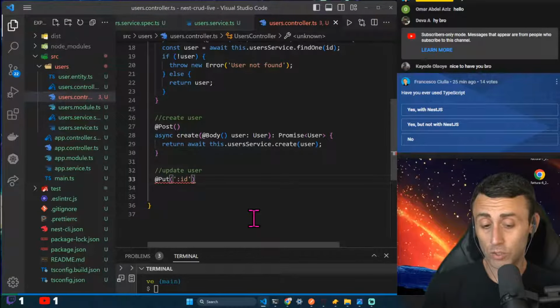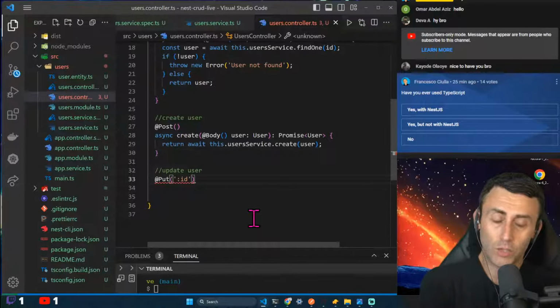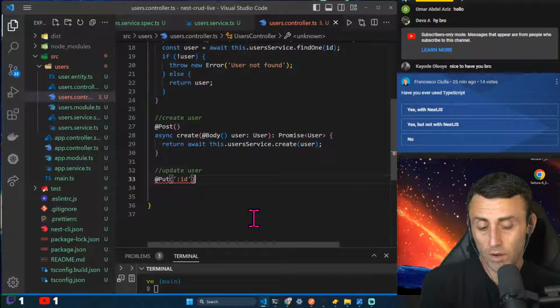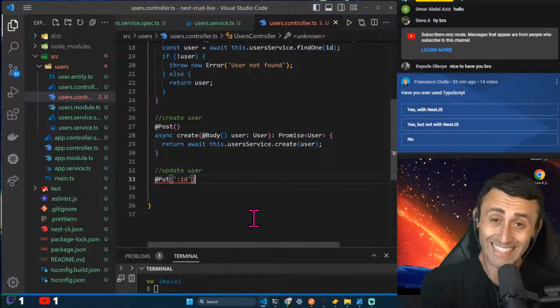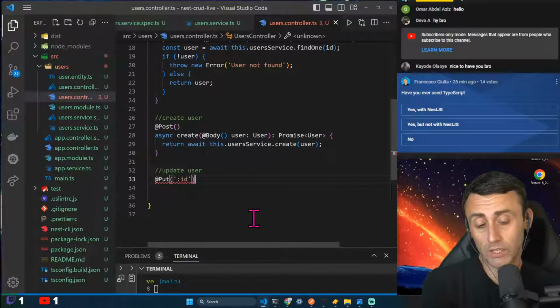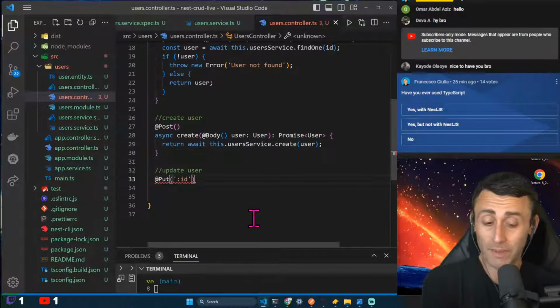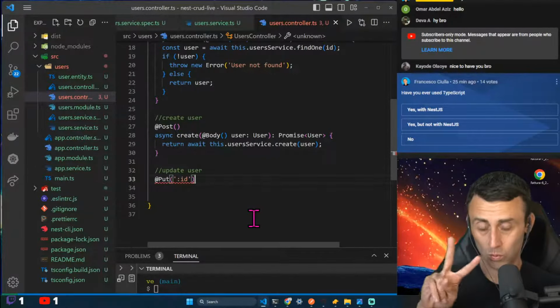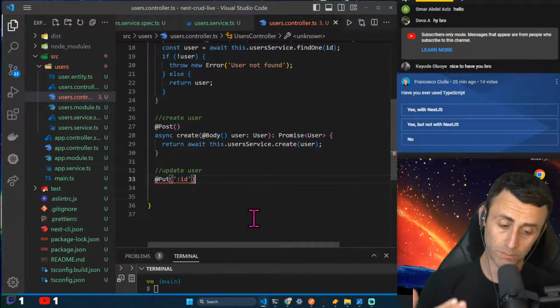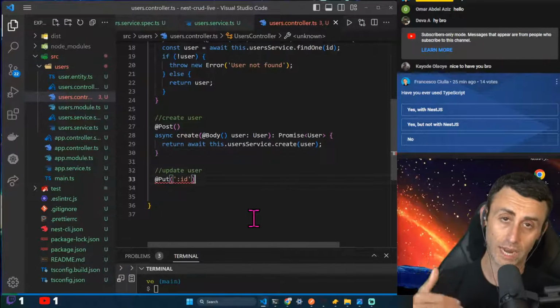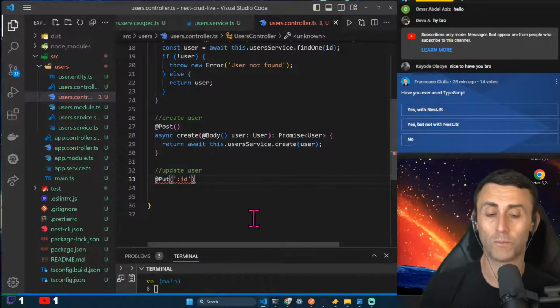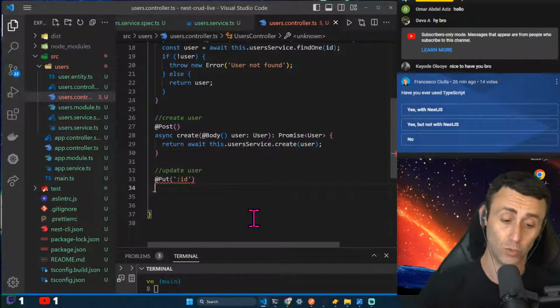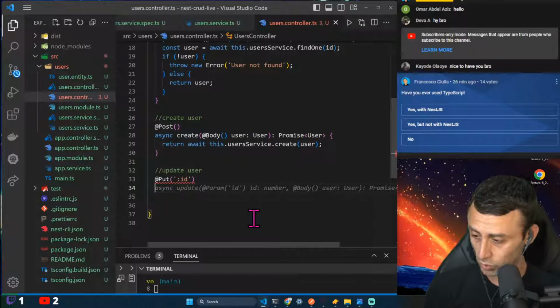Now, to update the user, the user controller is probably one of the hardest ones, because we need an ID, and then we need also the body. We need the body of the user we want to update, but we also want to define the ID. For example, let's say that I want to update the user number 2. We need to do a put request on /users/2, and we need to provide the body with the new user, the updated user. So in this case,